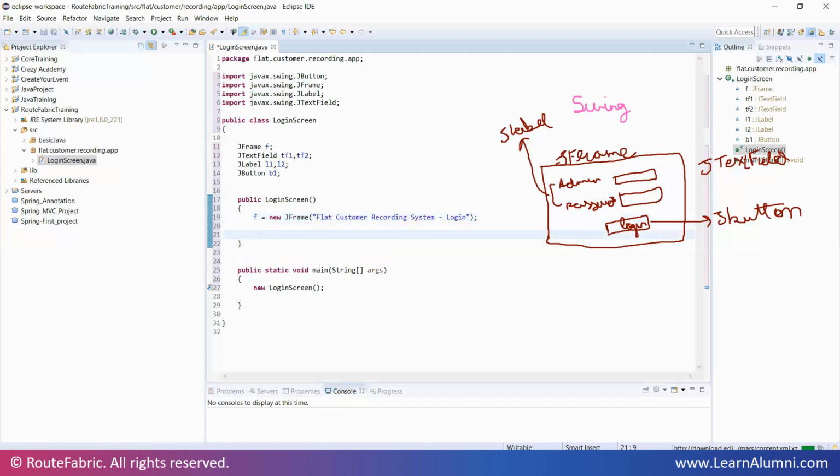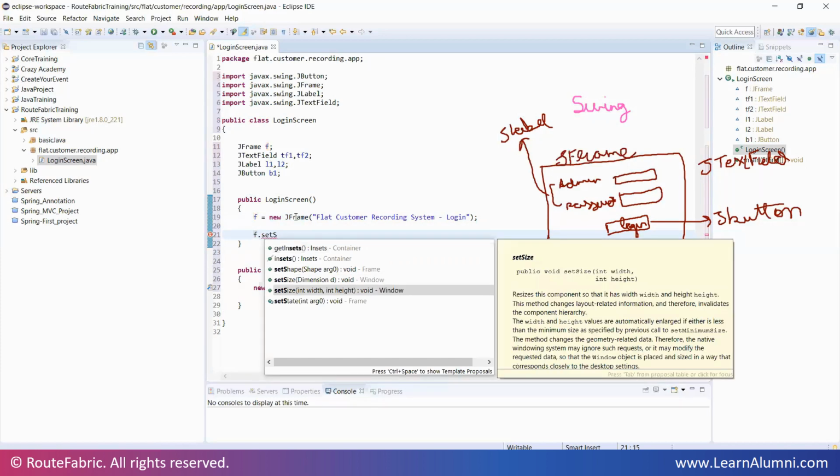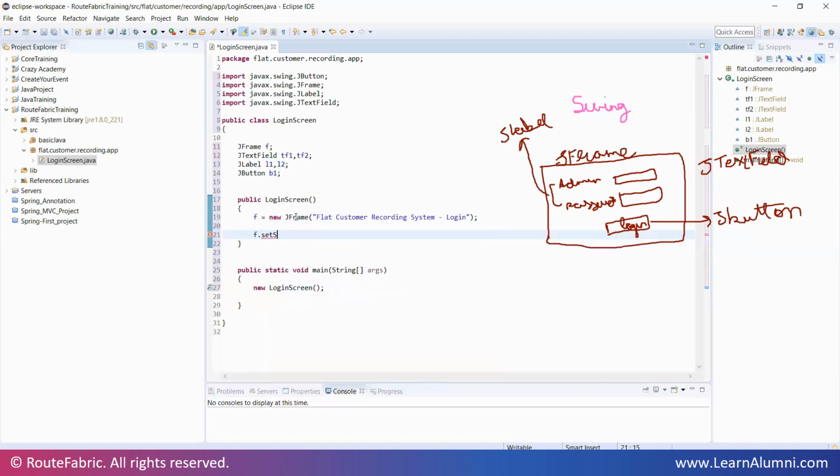Now we need to tell how much size it is. So F dot setSize. Of the options, we will be using the last one, because we tell the width and the height. I'm giving width as 700 and height as 500.